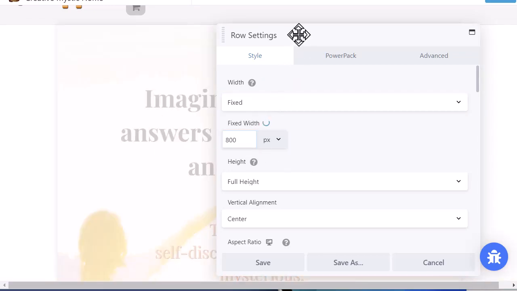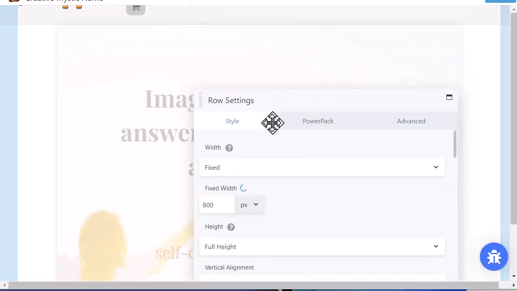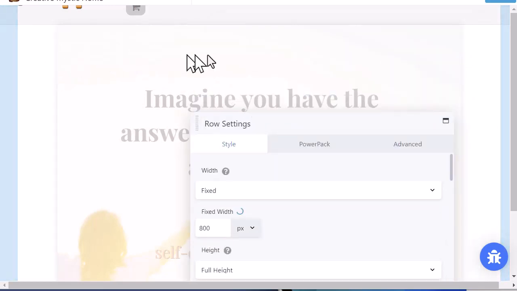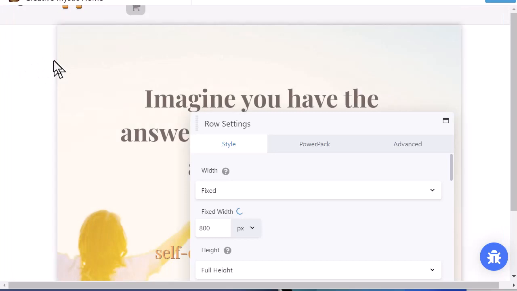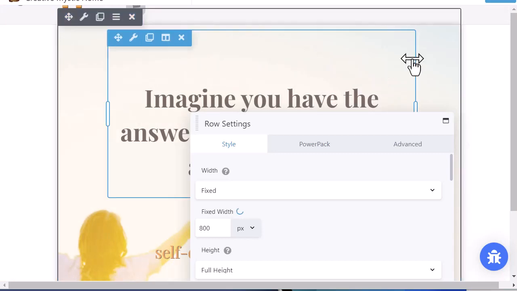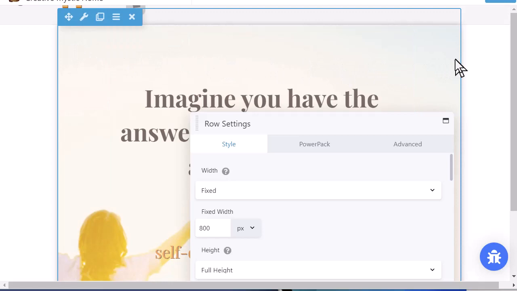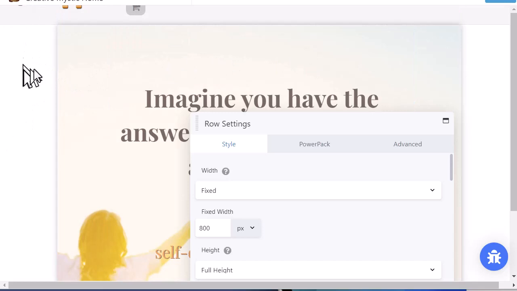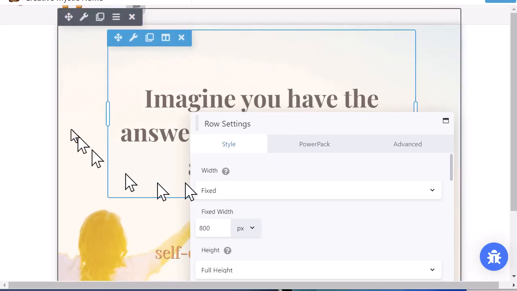You can see then that this row will only go out to 800 pixels on the row. So any background color or background image that you have set in the row will fit within this container. This is what's called a box, like a boxed layout. And then the page background will be behind it on both sides. So you can limit your